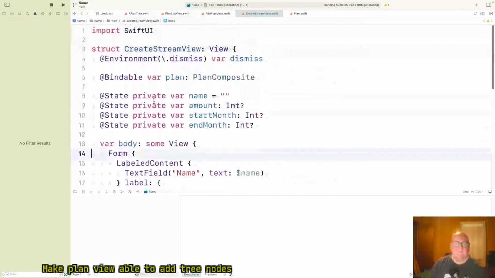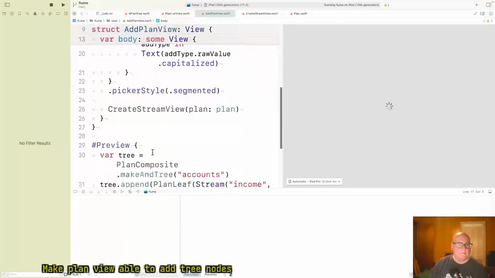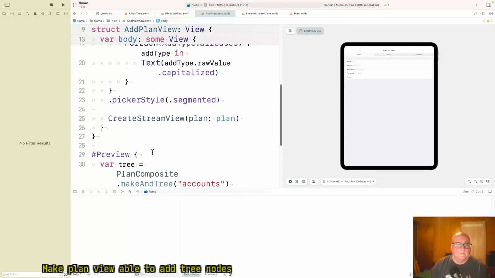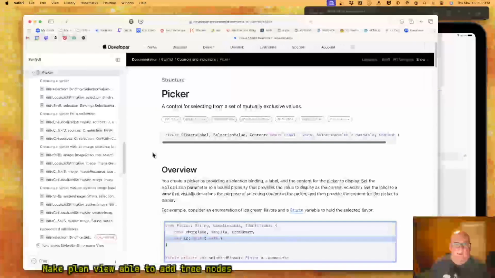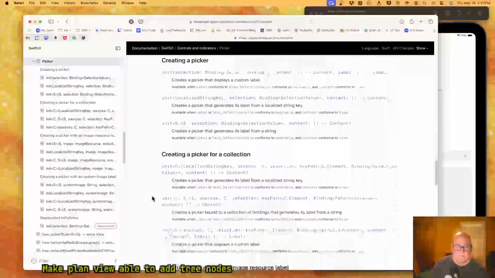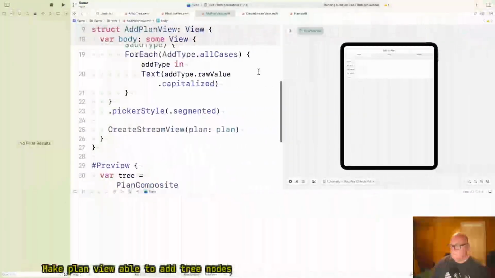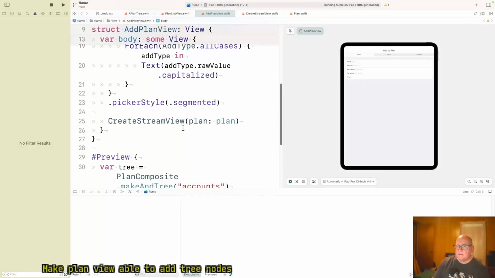Okay. Now, how do you get those choices? I forget there's a way to do a tab kind of thing with this, I think. But I don't want the tabs on the bottom. I just want these choices. Maybe